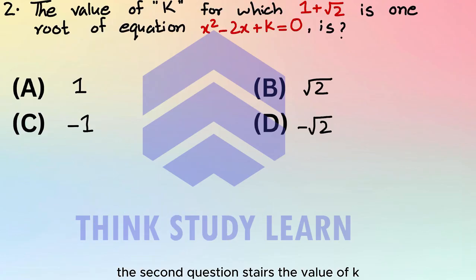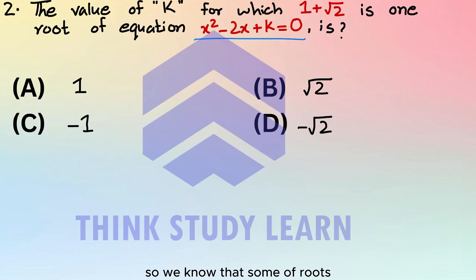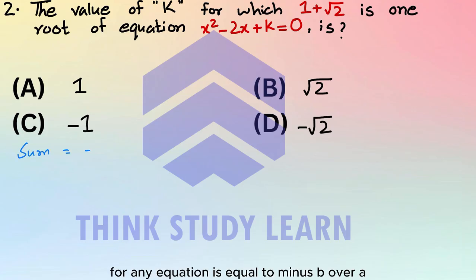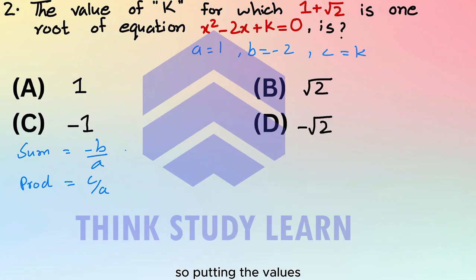The second question states: the value of k for which 1 plus k root 2 is one root of the equation x square minus 2x plus k is equal to 0. So we have to find the value of k for the given equation. We know that the sum of roots for any equation is equal to minus b over a, and the product of roots will be c over a. So for this equation, a is equal to 1, b is equal to minus 2, c is equal to k. So putting the values, we will get the sum of roots equal to 2